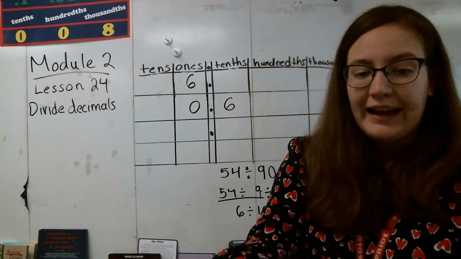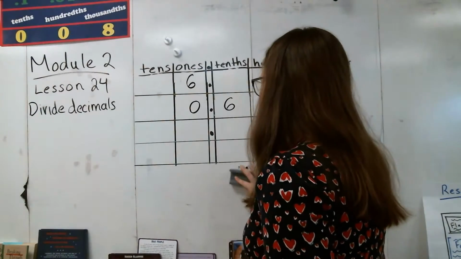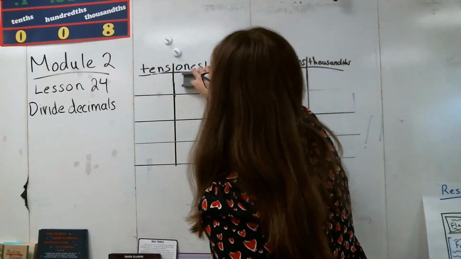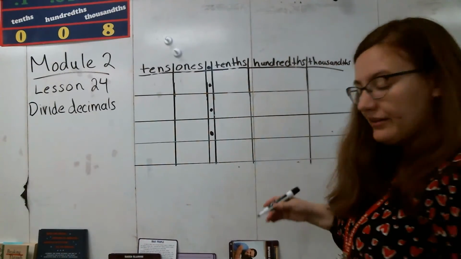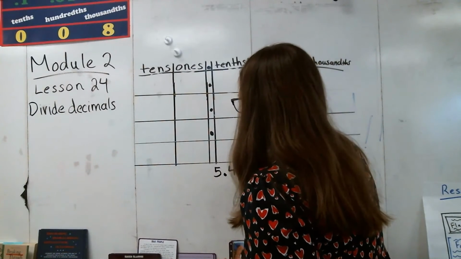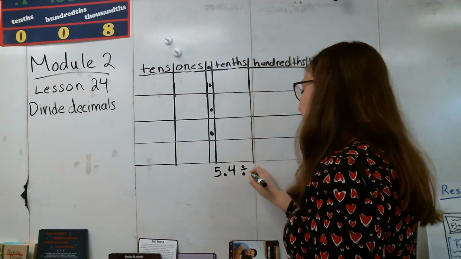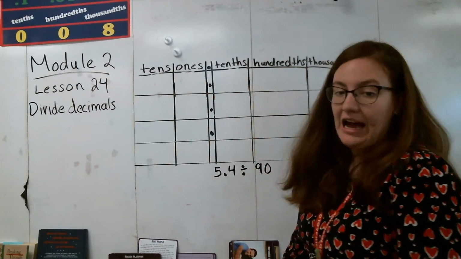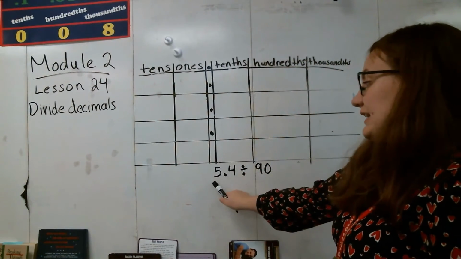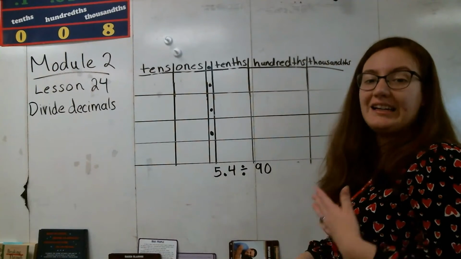So now we're going to take a look at another problem, and this next problem you're going to see is very, very similar to the problem that we just completed. Think about those first problems that we did, and how we had the same digits, it's just the value that changes. And that's exactly what's going to happen here, is that this problem looks very similar to what we just solved. I still have these same digits, 5 and 4, but the value, or how much they are worth, has been changed,